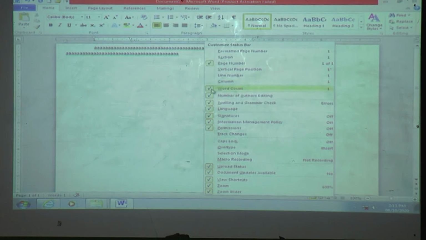This tick means what? These options are activated now. Suppose we don't want this option, then what to do? Yes, good. Then only a single click, then this option will be removed from the status bar. And if you want to add, then by a single click we can add options. Got it?